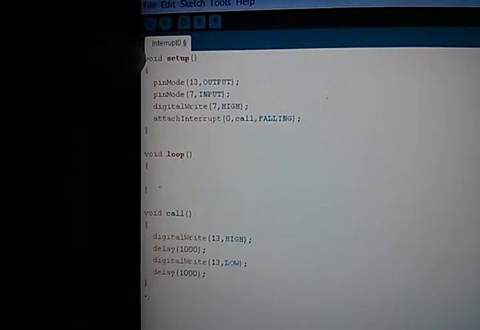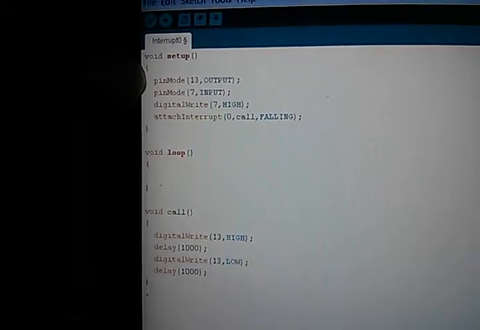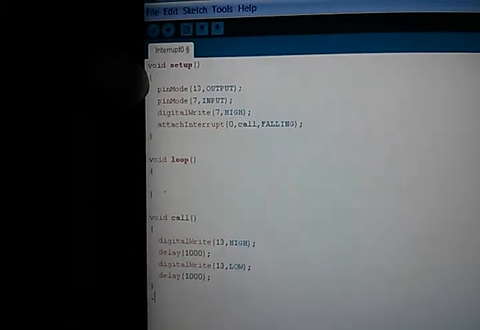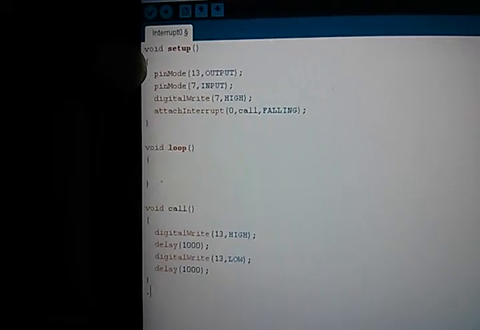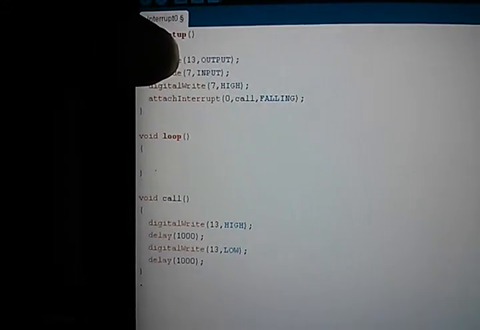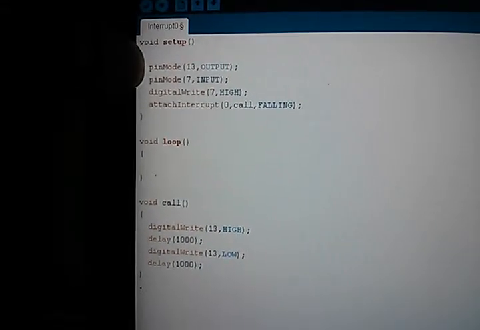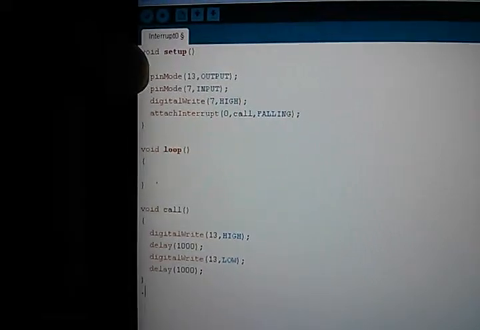So in the void setup, we just explain what the mode of the pin is going to be, as in whether a pin is going to be used as an output port or as an input port. As seen here, I have defined pin number 13 as an output port, and there's an inbuilt function for doing this work, which is known as pinMode.